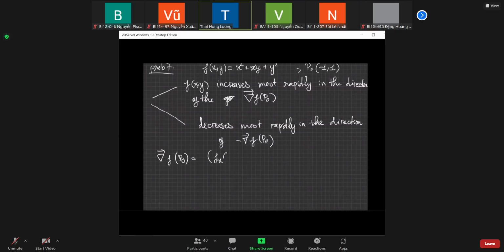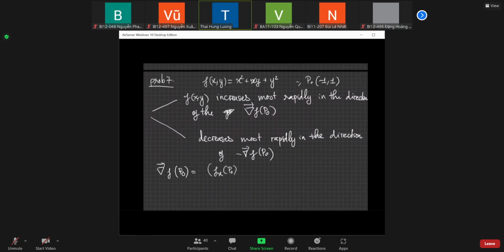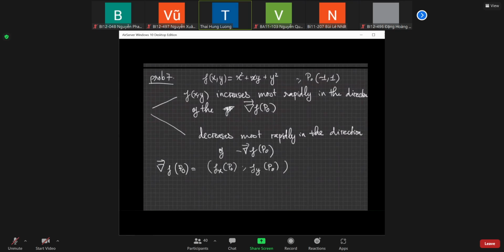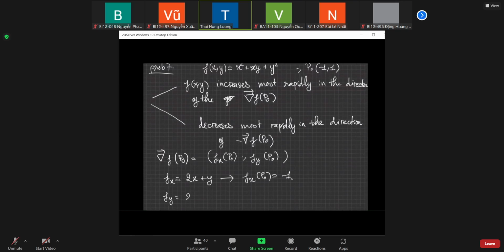We repeat what we have done before. So what is fx? That is 2x plus y. Then fx at p0 equals -1, right? And fy is 2y plus x. Then fy at p0 is 1. So the gradient vector of f at p0 is (-1, 1). Okay,